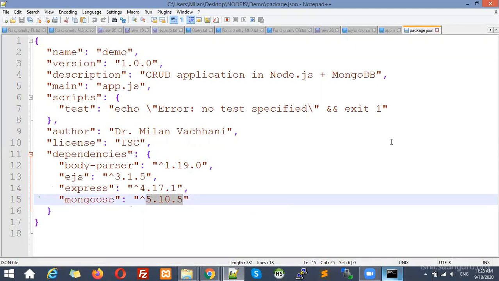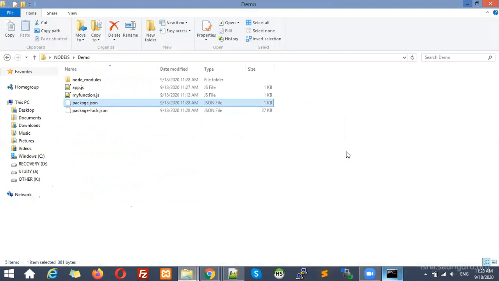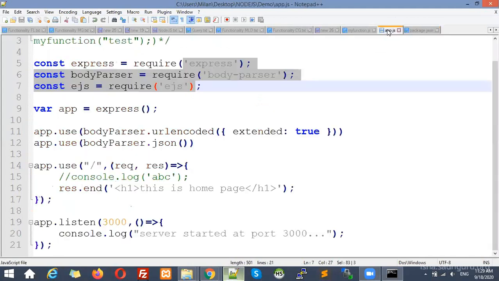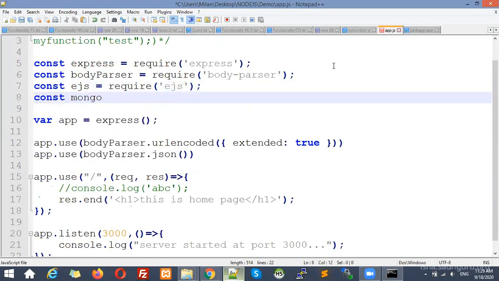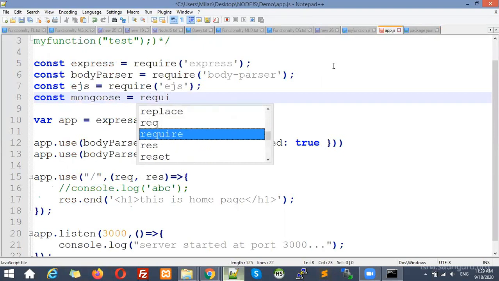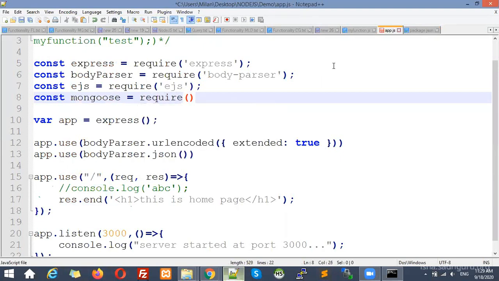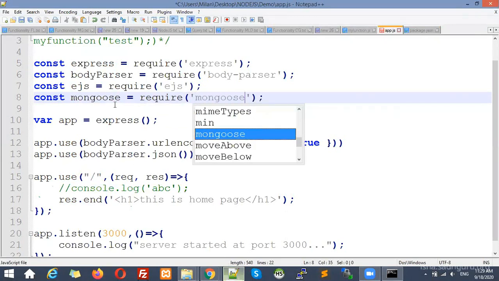Version is 5.10.5. Again, if you want to check what Mongoose is, how to include it, and what the examples are, you can go to npm, and after installing this one, see what we need to include in our app file. Right, over here we need to add it, and after that we need to create a connection. So here I am going to create const Mongoose. You can give any name over here, but it is better to give the same name so we do not get confused. Here the package name is Mongoose. This package we are going to use.